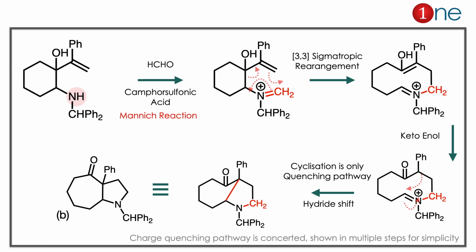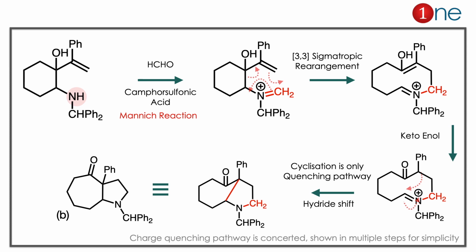So what really happens is a 3,3 sigmatropic rearrangement occurs. The nitrogen is also involved in that. So the charge moves, you have ring opening there. The ring is opened, a new ring is formed, which is a larger ring. So after the rearrangement you have the larger ring, but still the charge is not quenched there. So you have to find a way. You can write it like a concerted mechanism. Here I write it with many steps. Normally the hydride shift occurs to quench the charge. So hydrogen shifts, you have a methylene group, the new bond formation, which is the 7-member and 5-member heterocyclic ring formation. So if you redraw nicely, the answer is B.